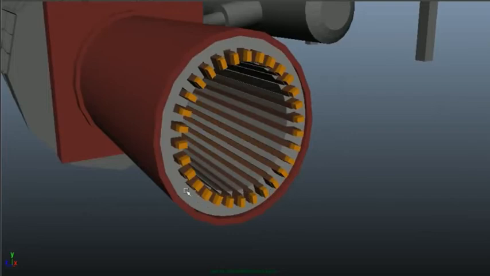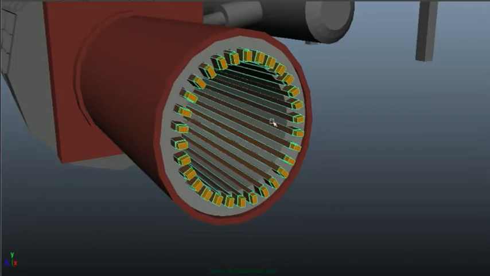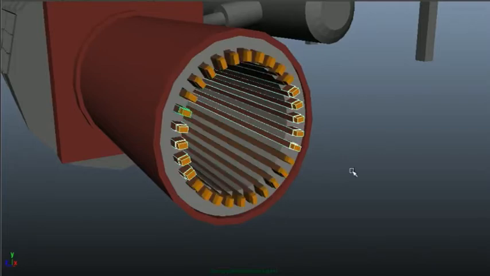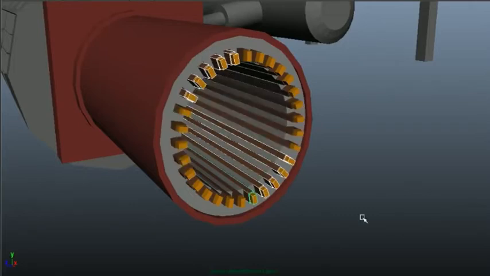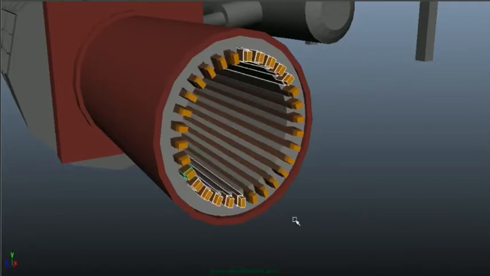Now as its stator consists of three-phase winding, as we can see here in this simple model, it consists of 30 slots and each slot has one conductor, that is a total of 30 conductors. So to make a three-phase winding, 10 conductors per phase must be distributed. That is, these 10 conductors for the first phase, these 10 conductors for the second phase, and these 10 conductors for the third phase. As this is a simplified 3D model, it consists of fewer conductors.